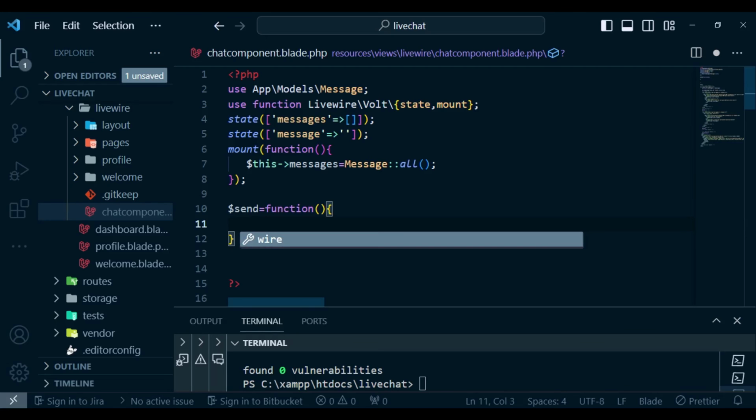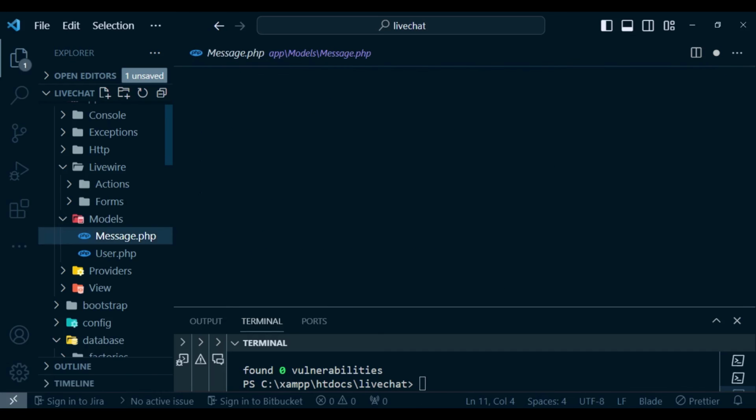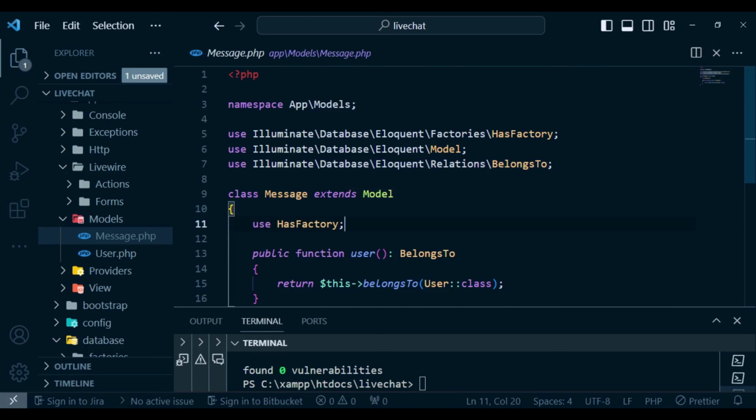So I can go ahead and, in our message model, I think there is something that we did not do. We did not allow for mass assignment. So here we can just say protected fillable. Then we can set the values. We need to have the message, and we also need to pass in the user underscore ID, like that. So that will be fine. We can go back to our component and save